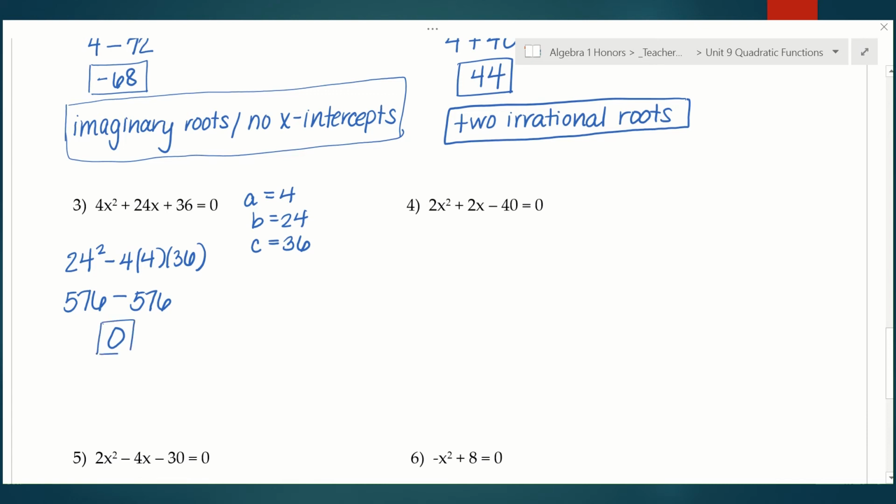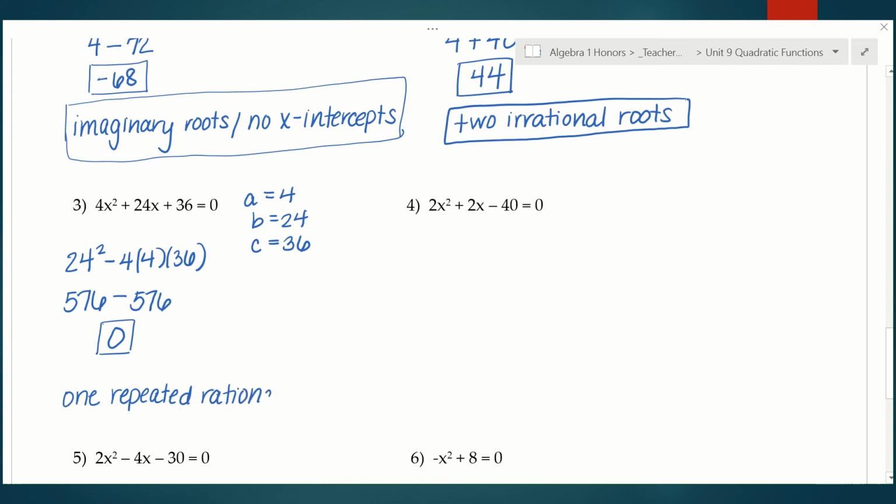Okay, so what does that mean? It means there is one root, okay, one repeated root. And again, as long as our A, B, and C were rational numbers, it means that that one root will be rational. Okay, so obviously we can see A, B, and C, 4, 24, and 36. Those were rational numbers. So we're going to say one repeated